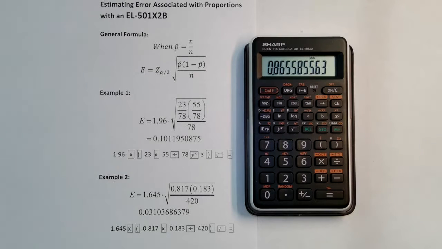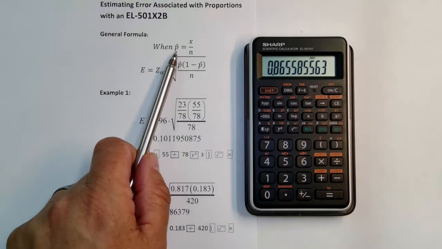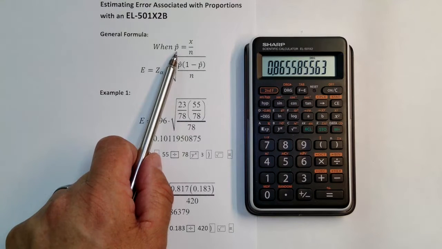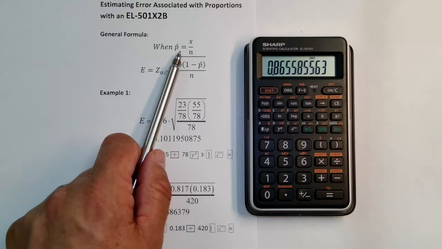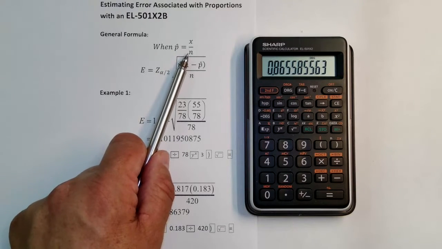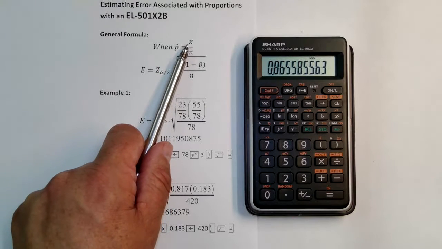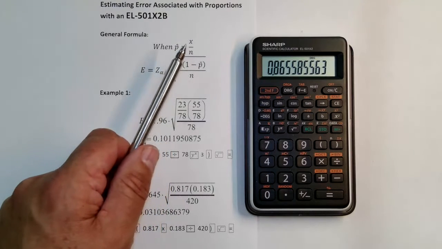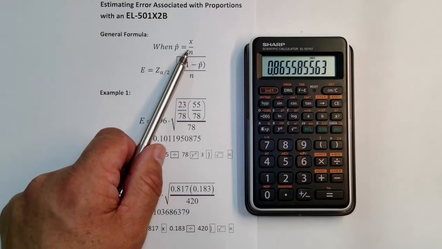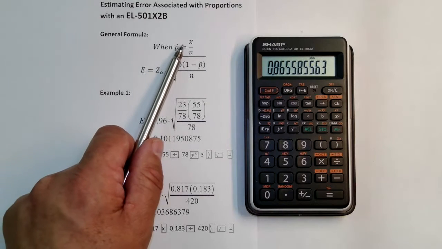Hello, in this video, I'm going to show you how to estimate the error associated with proportions with a Sharp EL-501X2B. The general formula is P hat. Now that's the letter P and then the word hat, H-A-T, P hat. And that's equal to X over N. So N is the sample size and X is the favorable responses. So if you went out and surveyed 78 people and 23 responded favorably, let's say, then it would be 23